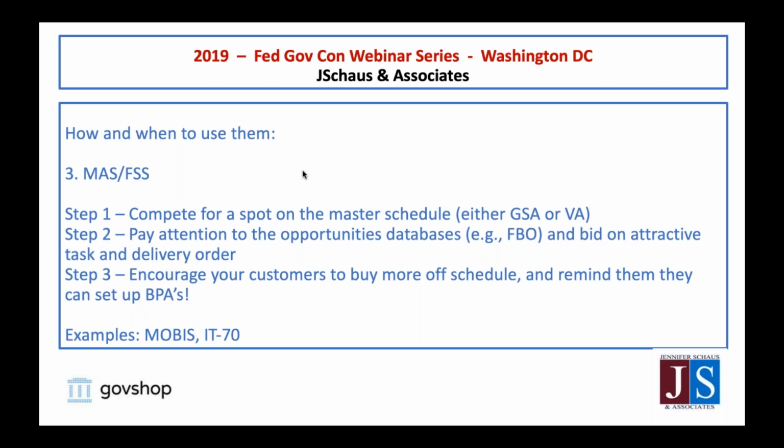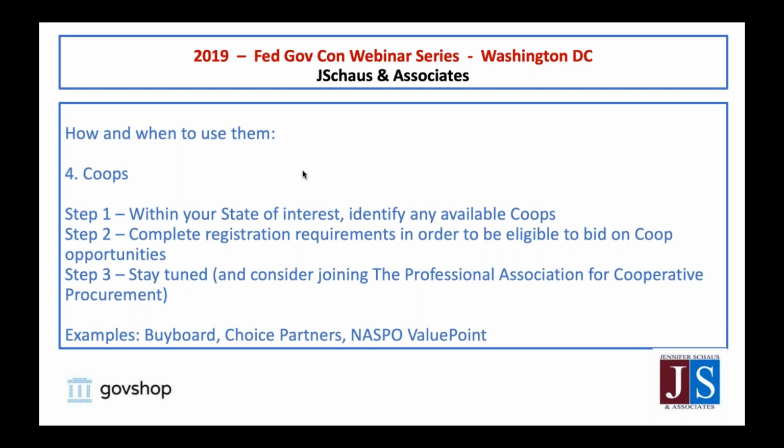Okay. All right, let's talk as we close this out about cooperative purchase agreements on the next slide, please. All right, so co-ops. Again, a little bit wild, wild west here because it is state by state. States will typically set up a cooperative purchasing agreement. They'll do it through a traditional procurement channel, and then they'll make that instrument available to other buyers, whether it's only in their state or it can be sort of state by state, is going to be determined at that servicing agency level, and it's going to be described in the terms and conditions of that master contract.